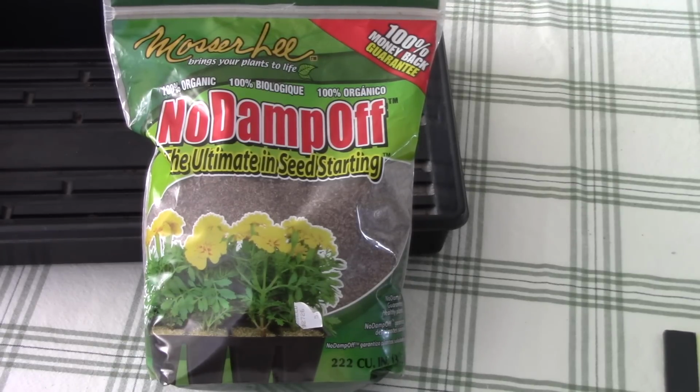Fortunately, quite a few years ago, I learned that there is a naturally occurring chemical in sphagnum moss that inhibits the development of damping off syndrome. The product that I started out with years ago was called finely milled sphagnum moss, and that's essentially what you're looking at here. I finally ran out of some a couple of years ago, so I searched on the web